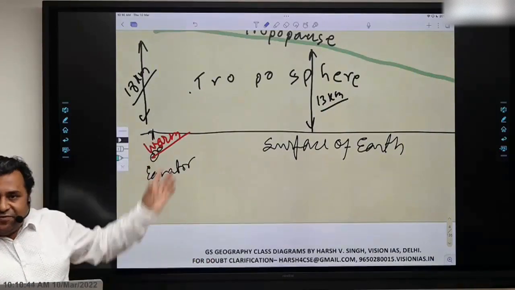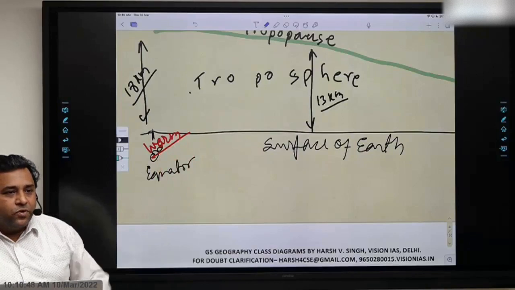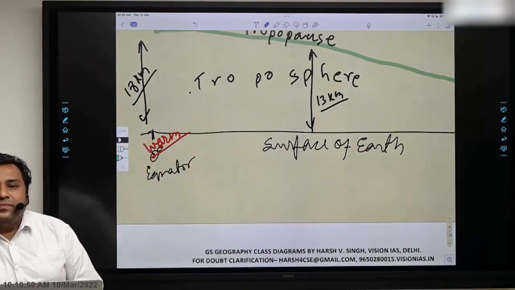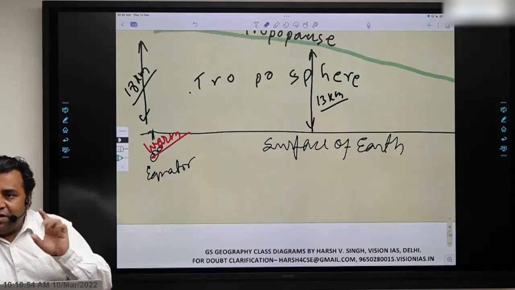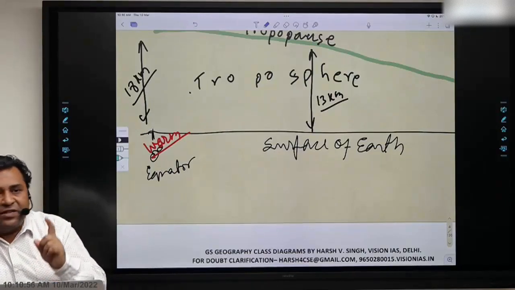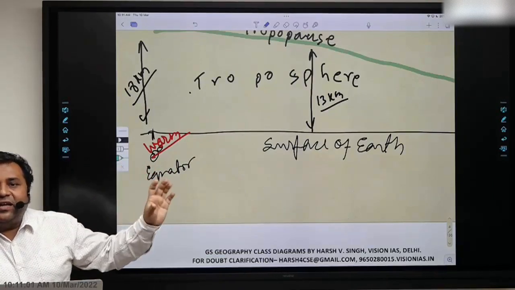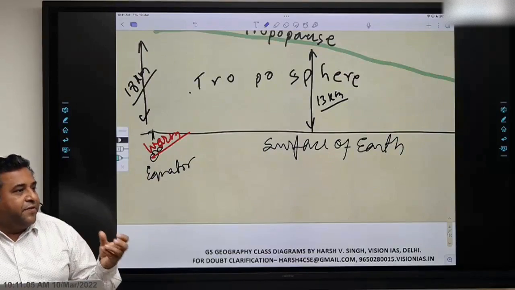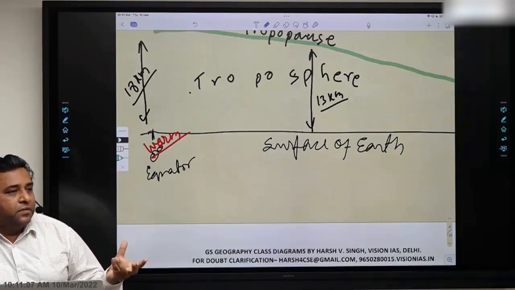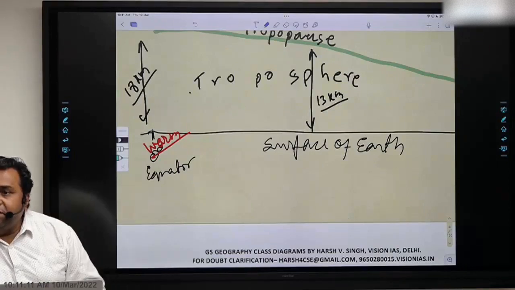ठीक है, सो ओके, गुड। So answer this. In the region which is this equatorial region, all right, the surface temperature will be warm. So what will be the temperature of the air? Warm. I need the answer. मतलब ठीक है, at least अपने मन में आंसर करो, लेकिन जरूर करो, because if you don't do this, then you don't understand it. So if that air is warm, that air will tend to expand or contract. So if it expands, it will try to become lighter or denser. If it is becoming lighter, then it will try to rise or sink.